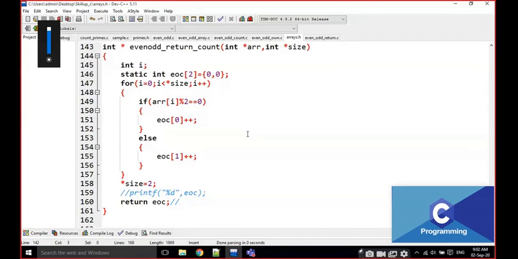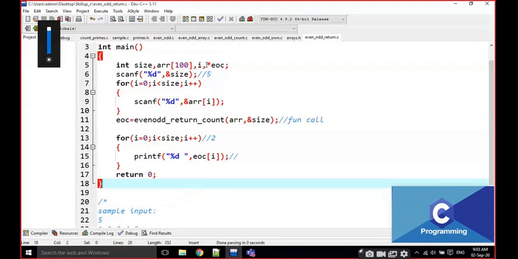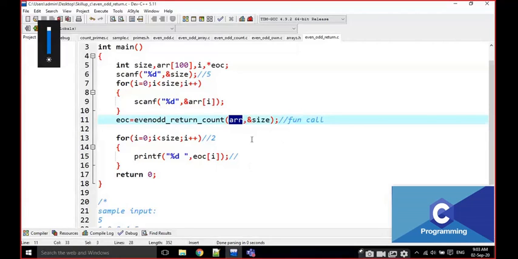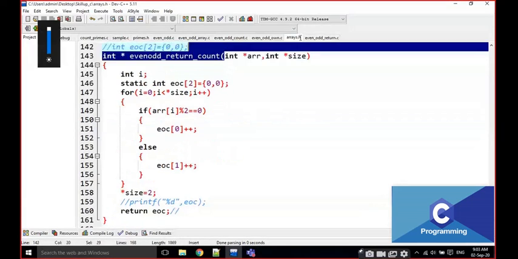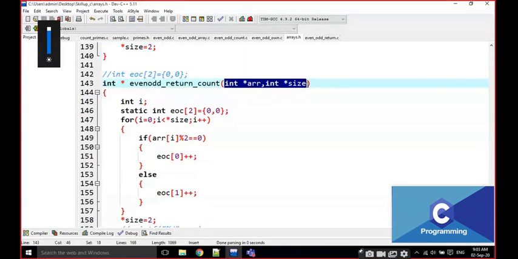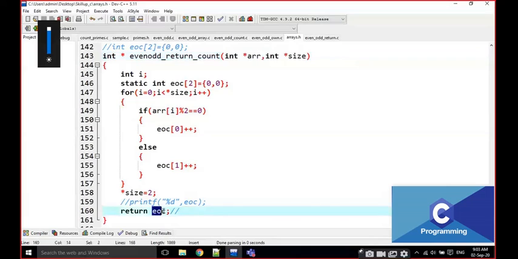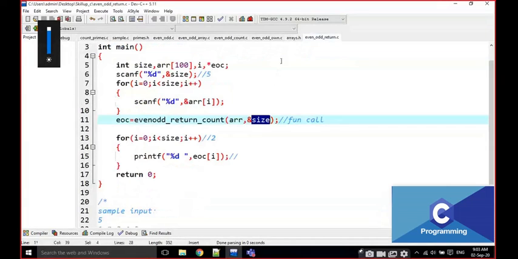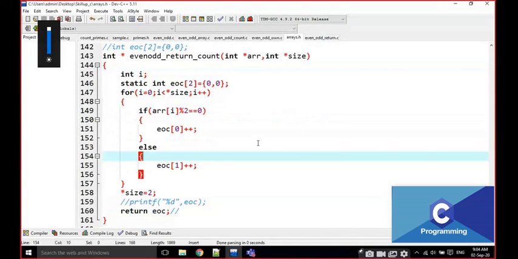Passing the address, right? Here I am passing the address of the array, that's why I am catching it with a pointer. Every time you pass an address, here I am passing the error address and the size address, and I am catching them with pointers. Here I am returning the address and catching it with a pointer. These are the 4 methods.